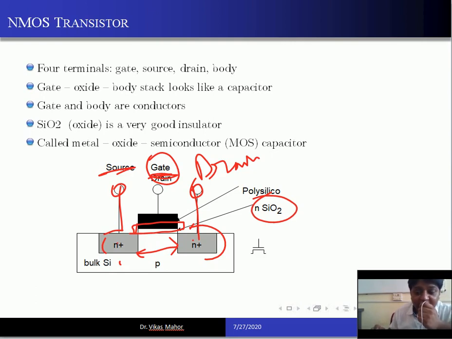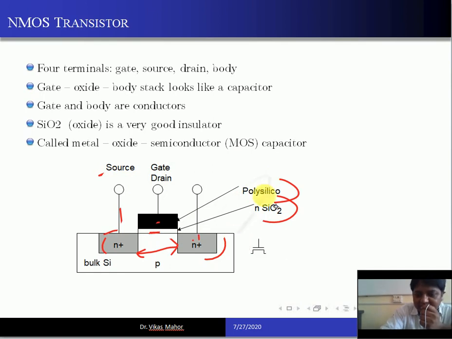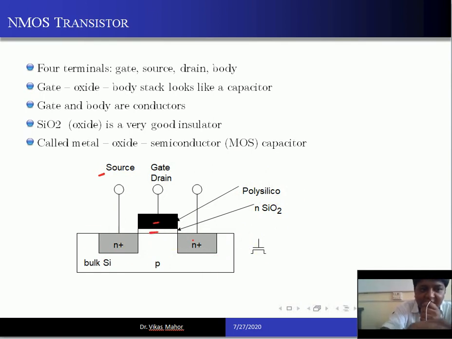What is silicon oxide? It is a perfect insulator. Current will not pass through this material. Then upon that you make a layer of metal or polysilicon. You can take polysilicon. I have told you in the last class what is polysilicon. It is a good conductor. Fine. So you take polysilicon. You call this terminal the gate terminal. Please don't consider this. Drain is this. This is source, and you consider this terminal as gate terminal.